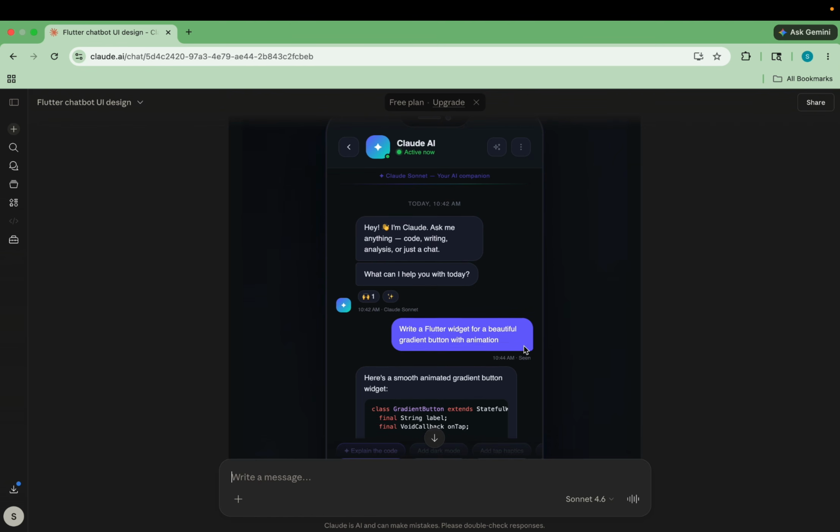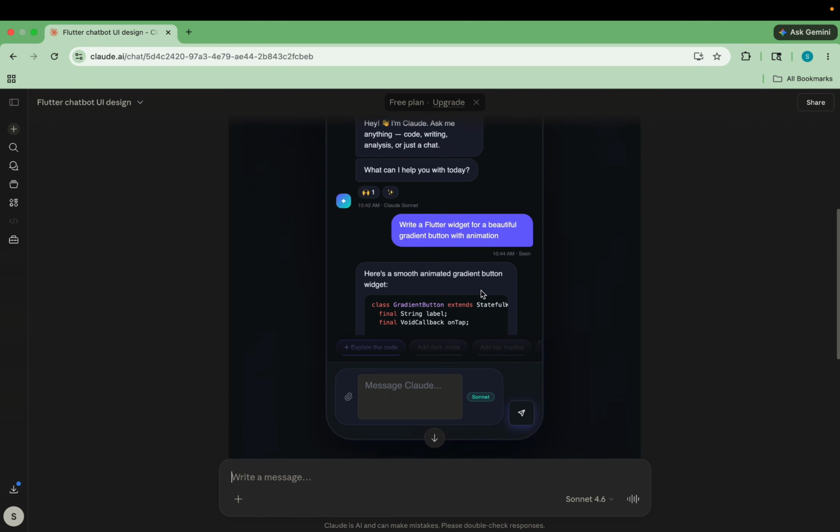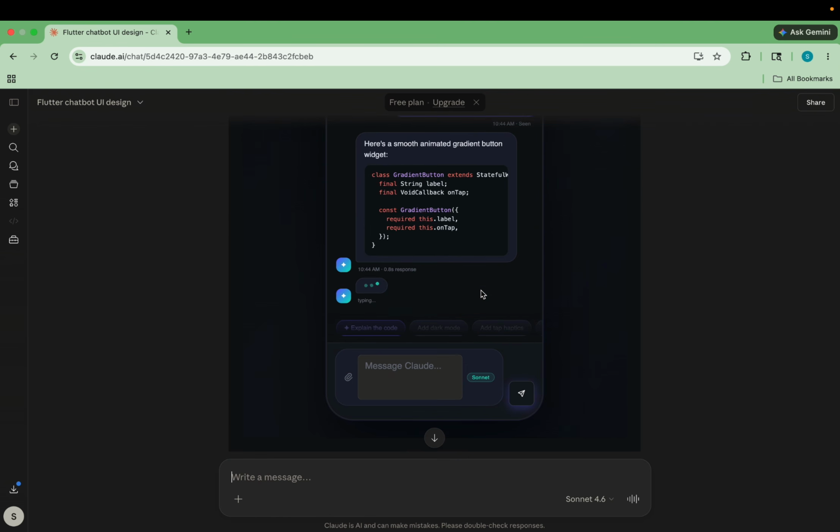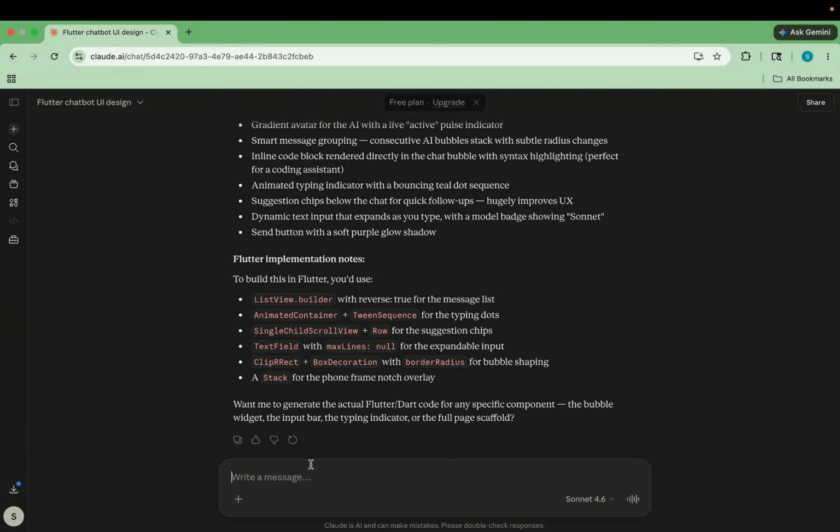If you pass that I need this in the light theme, they are going to give you in the light theme, okay, but you need to write that in the prompt. Okay, now let's move on, and now I'm going to ask for the Flutter code. Now give me the Flutter code